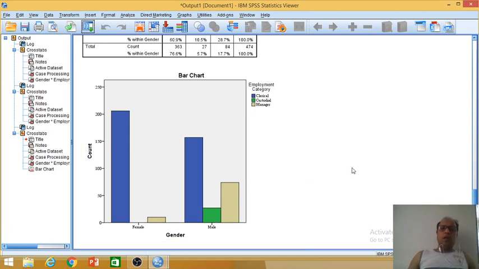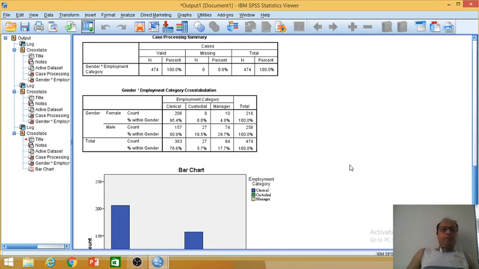So you'll have it. Now in this case, suppose we are framing a hypothesis. Suppose the objective of the study was to test the gender bias in terms of job category. So we are interested in knowing whether there is gender bias or not. Are both genders given equal opportunity in terms of promotion or kind of positions? In that case, our null hypothesis here is gender and employment category are independent, and the alternative hypothesis, gender and employment category are not independent.